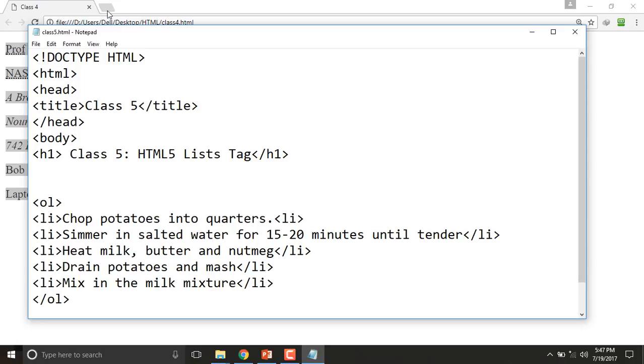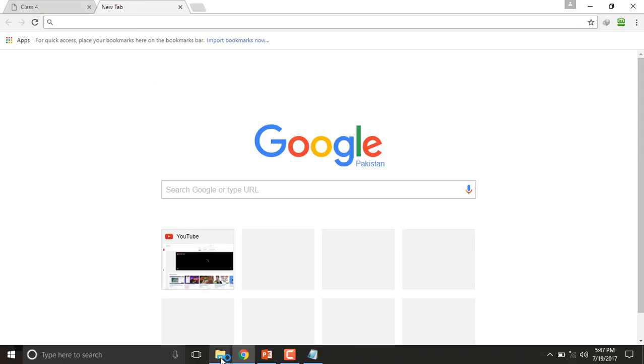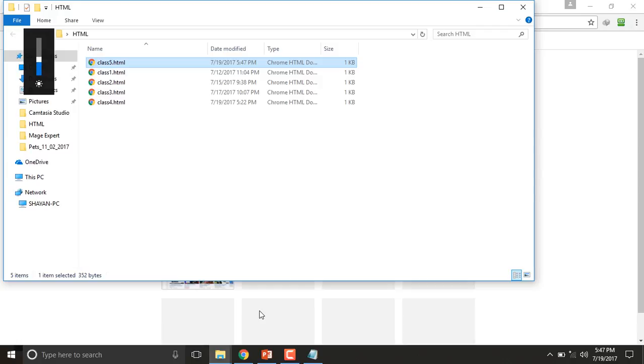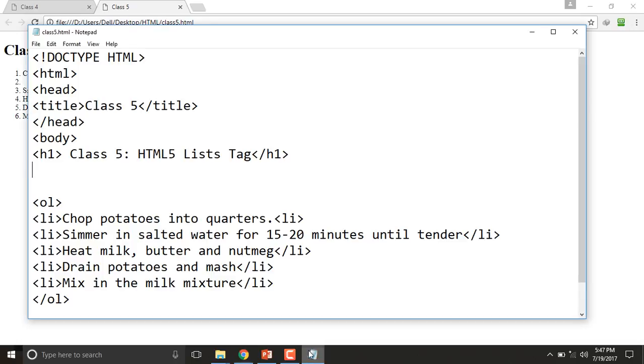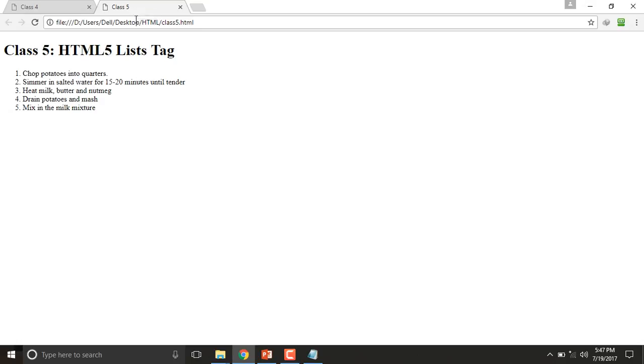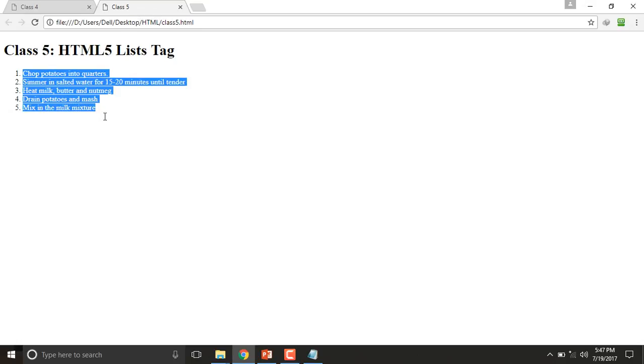I'm saving this file and want to render it in the browser. It's class 4 and I have to open class 5. I am opening it in the browser by right clicking it, open with Google Chrome. So you can see, I think we have made a mistake over it. In the first li we didn't add a forward slash on the closing tag. That's why it has 6 points while we wrote 5 points. Saving this file, enter it in the browser, and you can see that we have beautifully written the list into steps,